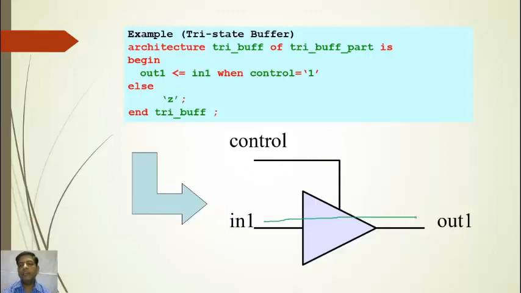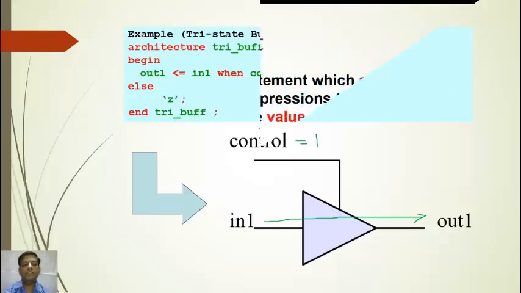Here my output1 is equal to in1 when my control is equal to 1. In this way the operation can be performed and the output is equal to input1, else Z; end try_buff;